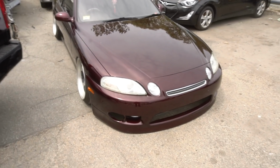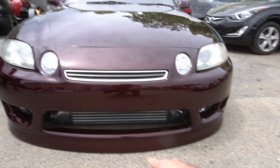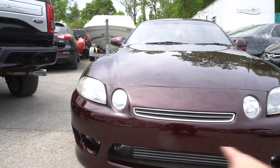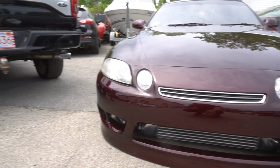Today we're starting off in a good way. The Soarer is done and it looks amazing. If you guys remember in the last video, this bumper was cracked in 4 or 5 places on the bottom of the lip and completely destroyed up top, full of rock chips and everything. And now it is fresh,